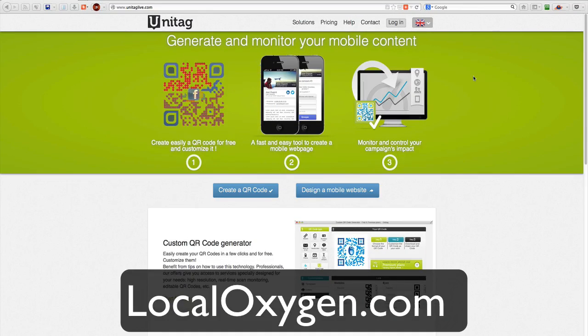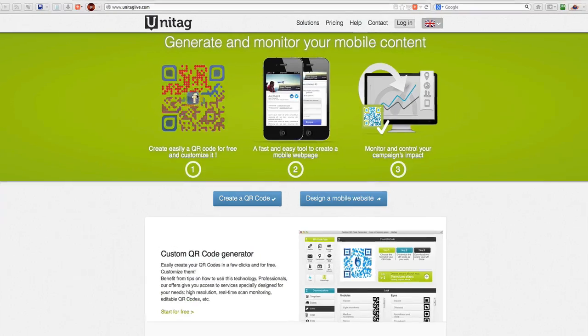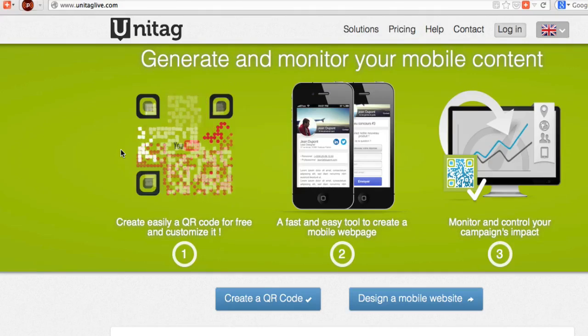Today, what I'm going to do is show you some examples of some marketing things that we're doing with QR codes, and just an update on QR codes. If you haven't used them in your local marketing or in your business, then this is the time to get going and start doing it, because as you can see, the site that I'm at is Unitag. Have a look at the cool things that they've done with QR